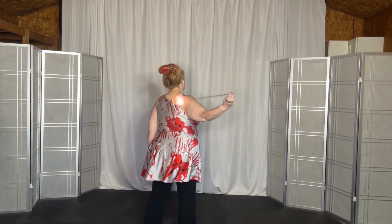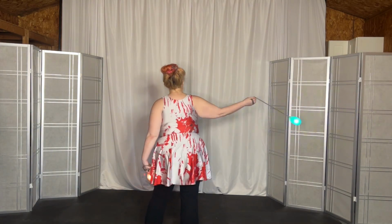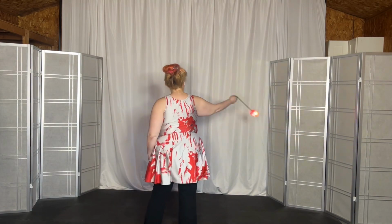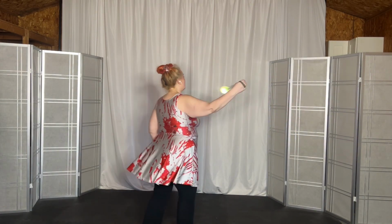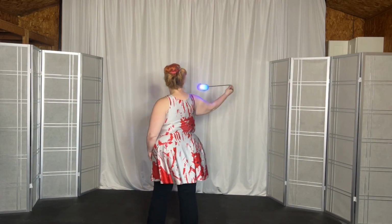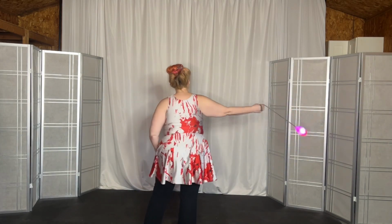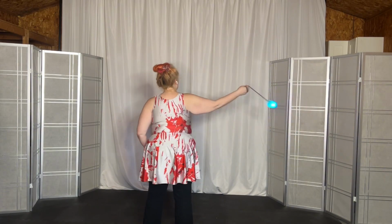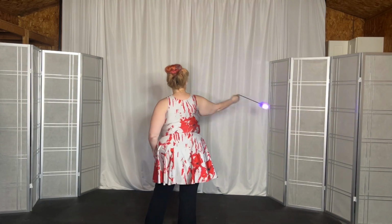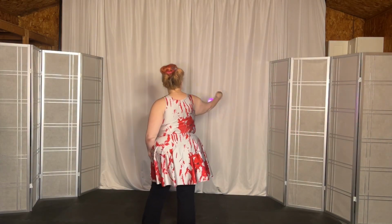So cap, 2, 3, and now we're gonna turn, bump, bump, bump, and cap, 2, 3, and turn, and around, and cap, 2, 3, and turn, and cap, 2, 3, and turn, and cap, 2, 3, and turn,